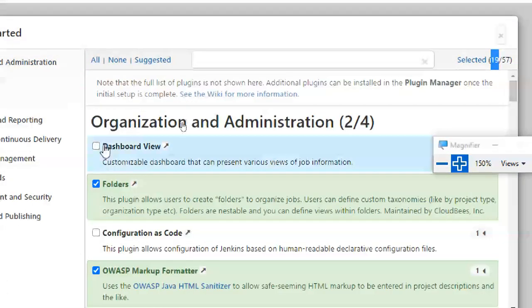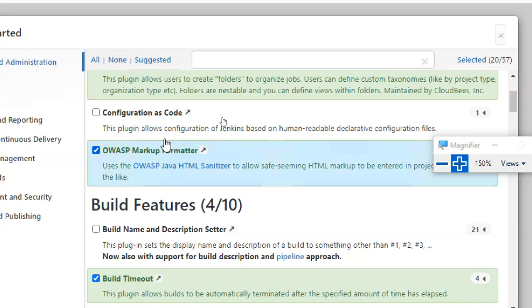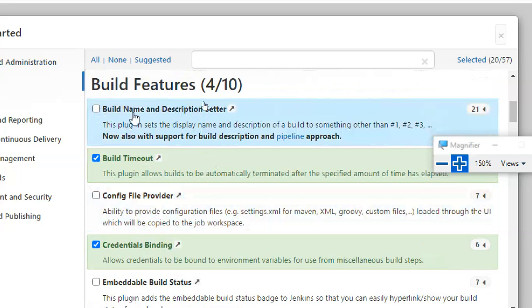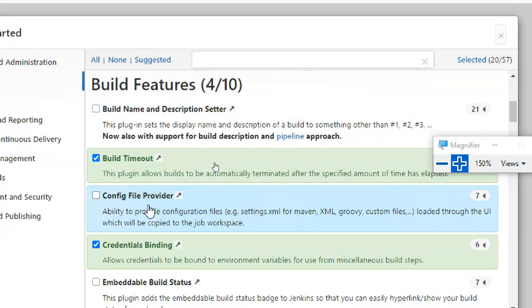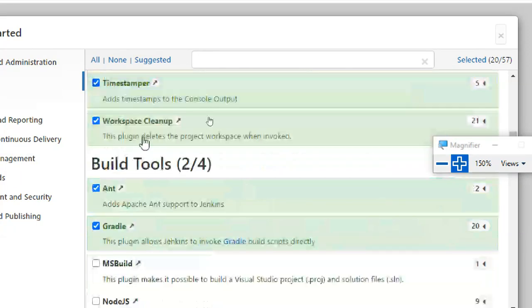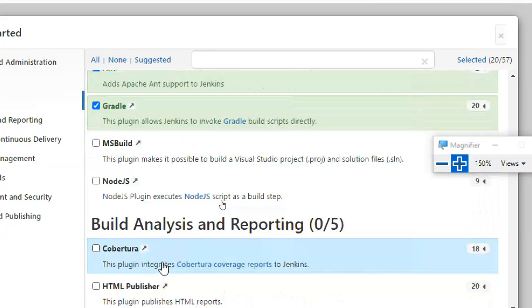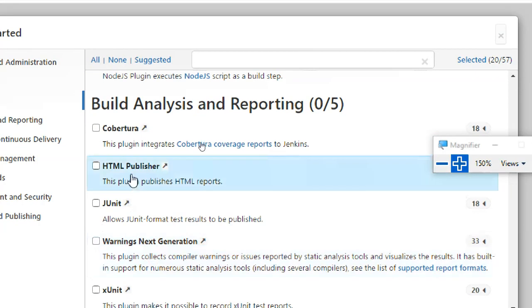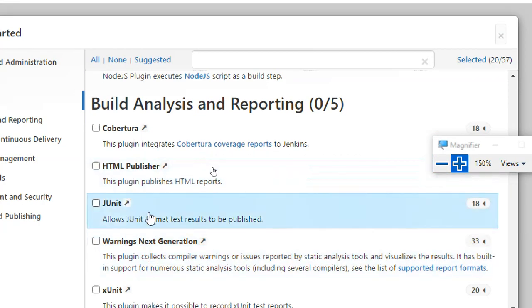You can select one by one, like organization and admin. I want dashboard view, so I selected that one. I don't want configuration as code, so leave it. If I want build name and description setter, config file provider, timestamper, it is selected. Gradle, MSBuild, Node.js build are selected. JUnit is not selected.